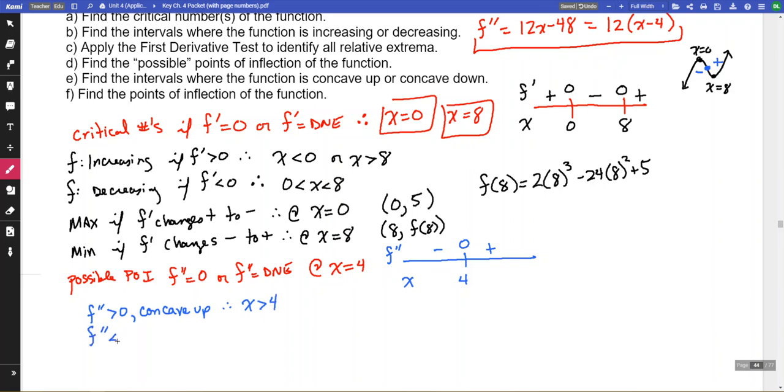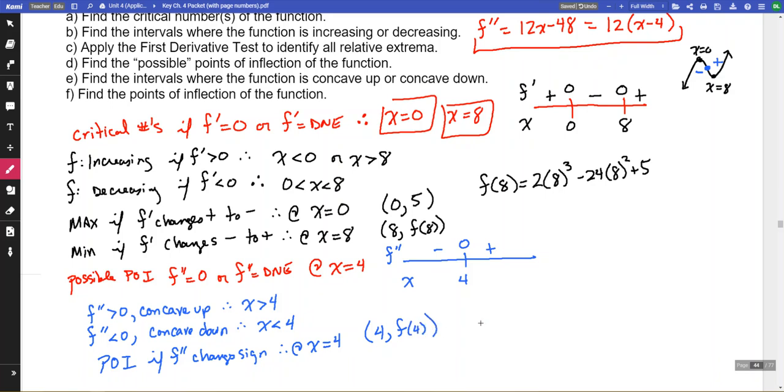F double prime less than 0, I'm going to be concave down, and that's going to be if x is less than 4. And my point of inflection, we already talked about, has to have a change of sign. So if f double prime changes sign, therefore at x equals 4, f double prime changes sign,